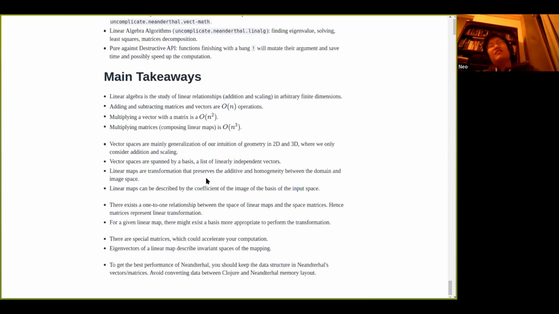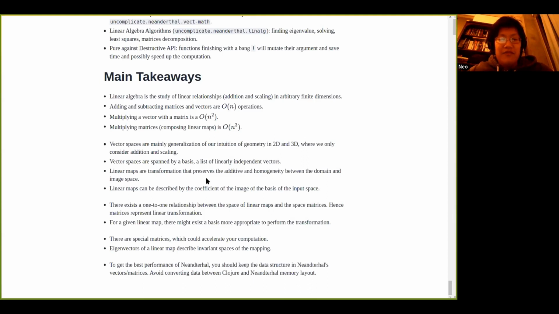Linear maps basically are transformations that still preserve the addition and the scaling between the two spaces, and then you can describe a linear map by the image of the vectors of the input space as a linear combination of the output space,